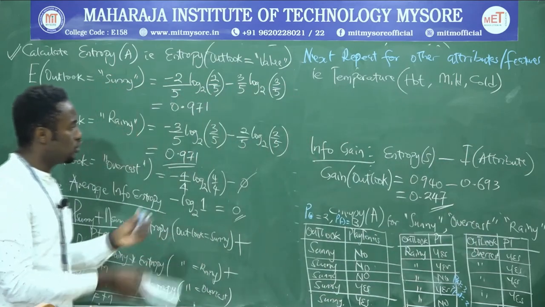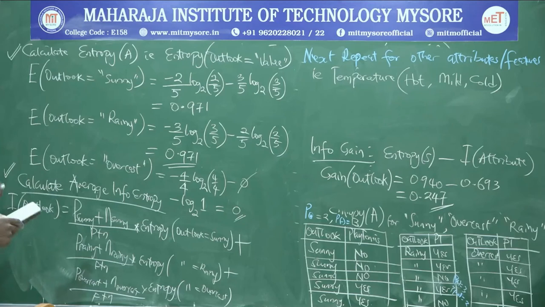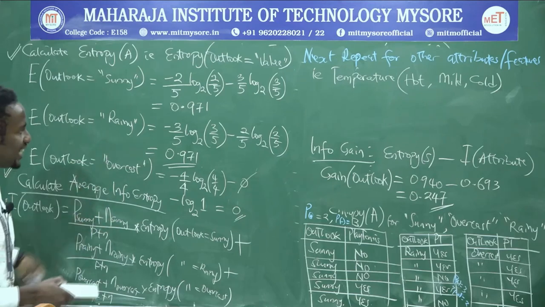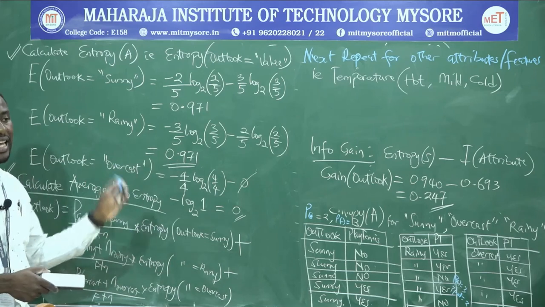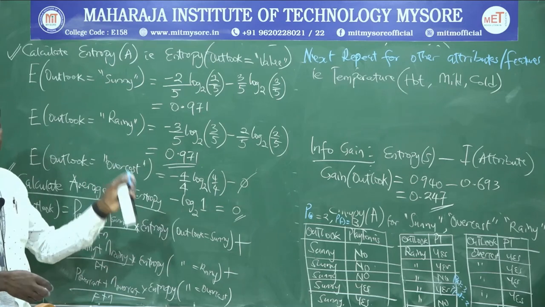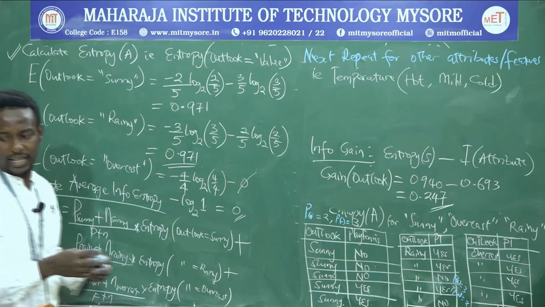Once you are done, you go and compute the average information entropy. And finally, the information gain for that one. So let's say I have calculated the information gain, and then I'm getting